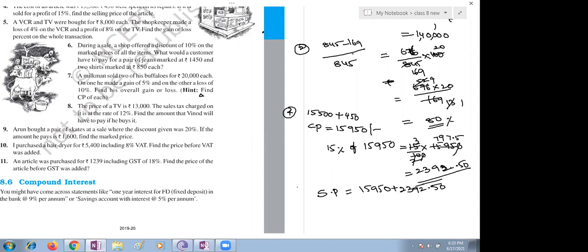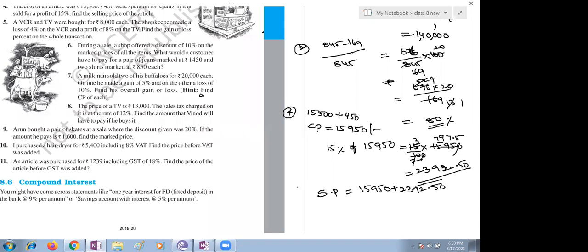Why do we need to find separately? Please let me know, children. Here, each is the market price of all items. So whatever the market price was given, he is giving 10% discount. He is not giving it on the overall bill. He is giving jeans pant 10% of whatever the amount purchased, 10% of 1450.